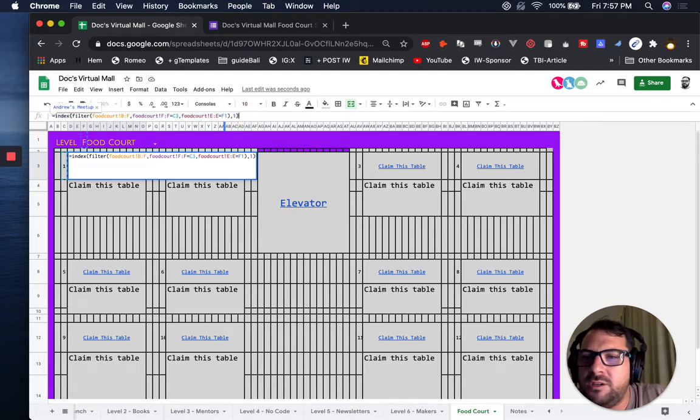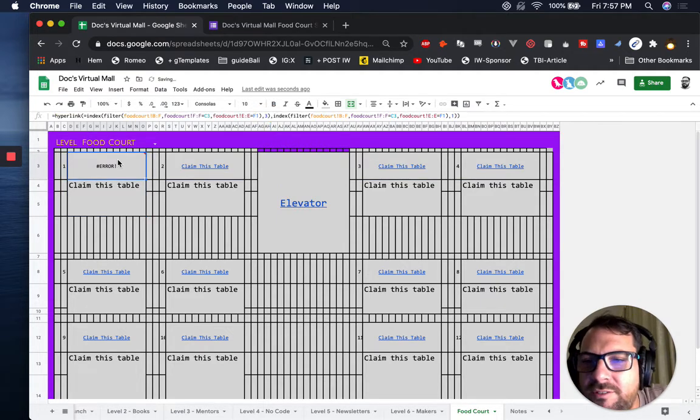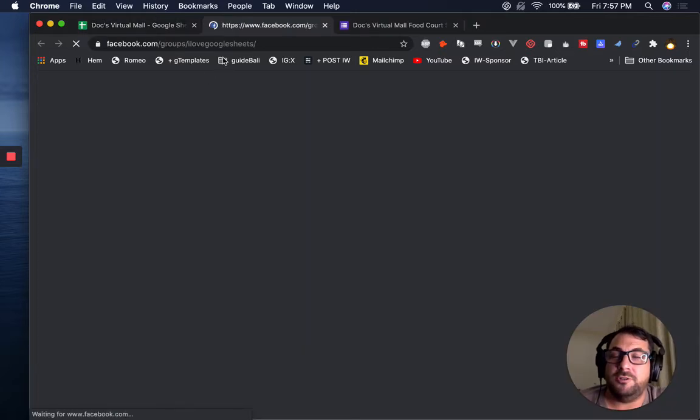We're going to do equals hyperlink, and we're going to say the URL is 3. And now, oops, we have an error. Formula parse. Oh, I have an extra equal sign there. So now we have the name of the meetup, the first one, the URL to the Facebook group,